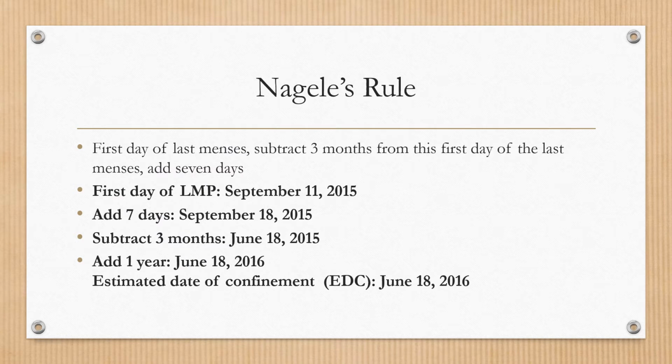So again, Nagel's rule: subtract 3 months from the first day of the last menses and add 7 days. And here's an example, another one using 2015. So she had her period on September 11th. You add 7 days, it's September 18th. Subtract the 3 months, you have June 18th. Add your year. She's now going to have that baby June 18th of 2016,